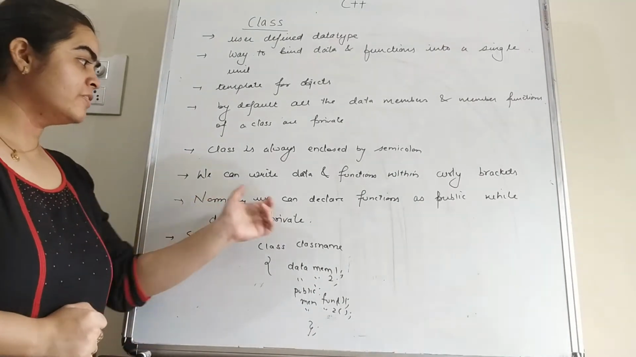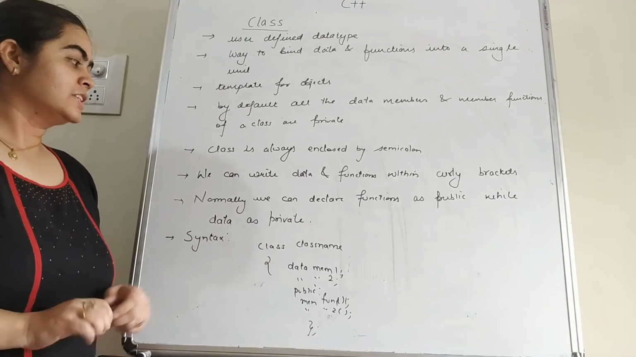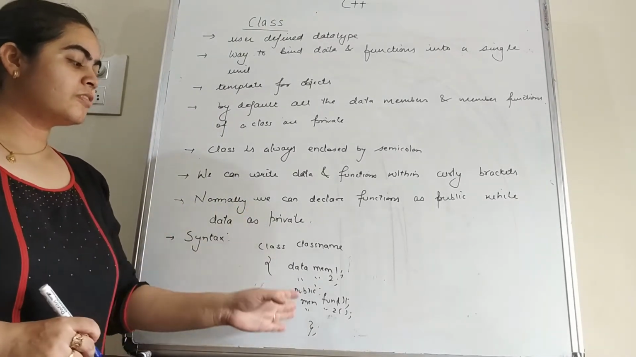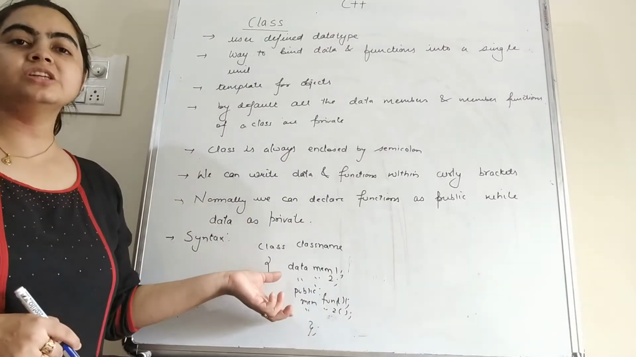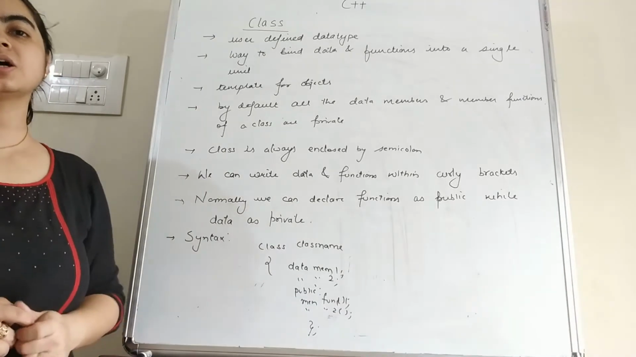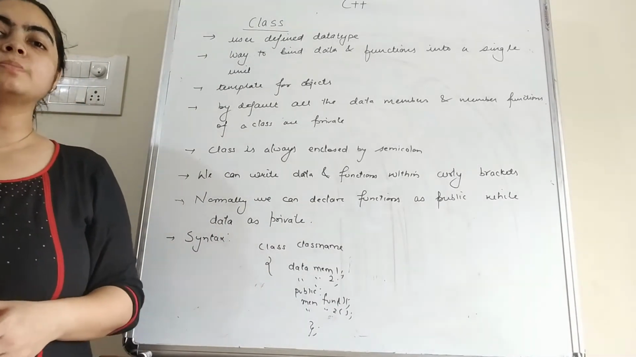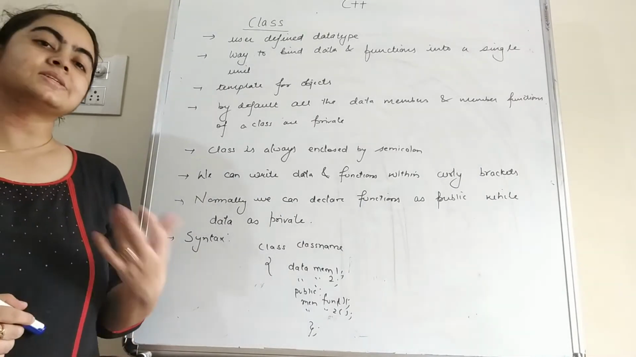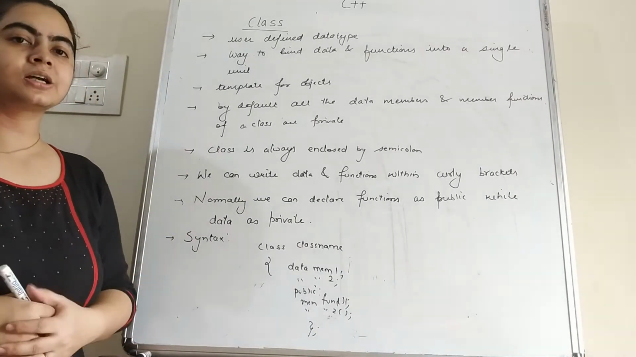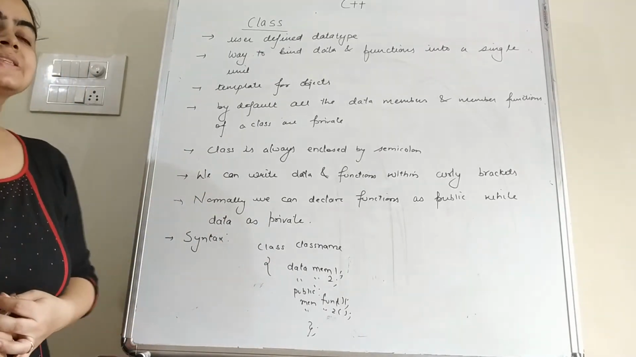Next, normally we declare the functions as public while data as private. See students, we declare the member functions as public because these member functions we have to use outside the class. If we declare these member functions as private, that means we are not able to access those private members outside the class. So in short, we have to declare the member functions as public